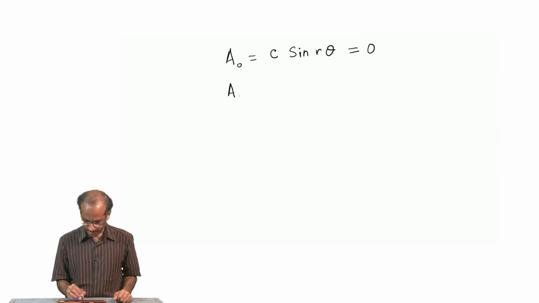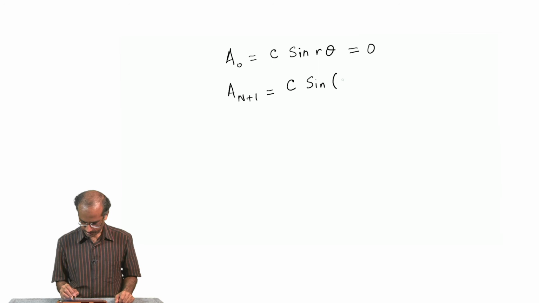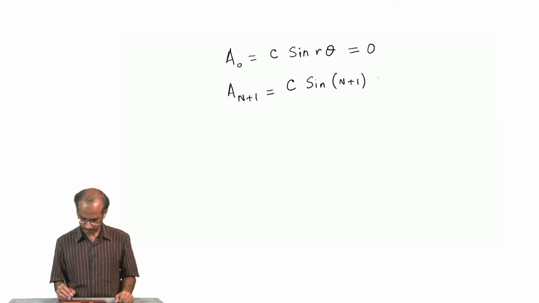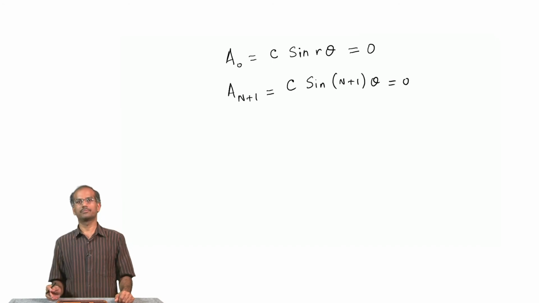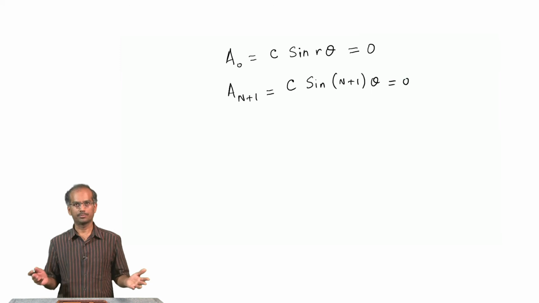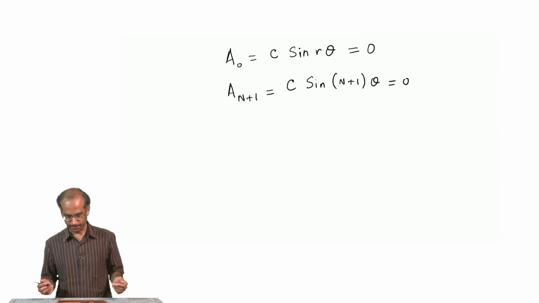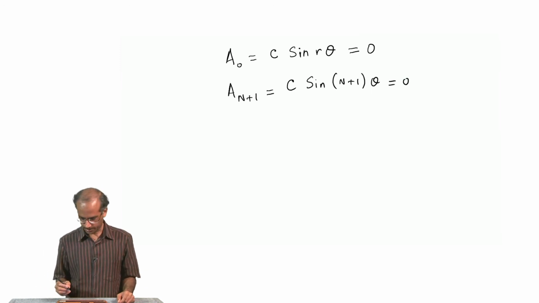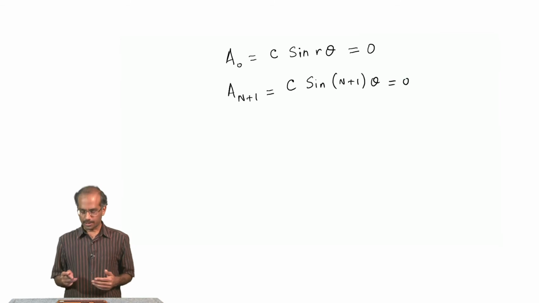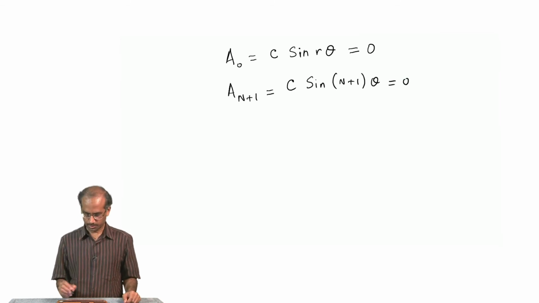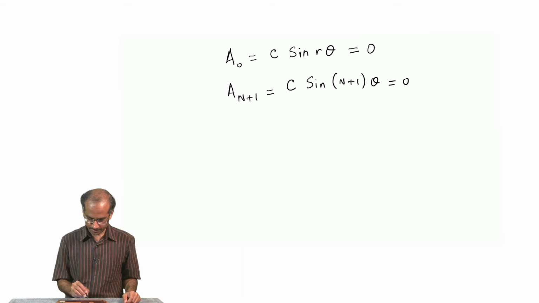And for A n plus 1, I could write it as c into sin n plus 1 into theta, and that is equal to 0. It is equal to 0 because the boundary condition dictates that A n plus 1 should be equal to 0. Now, under what condition would this be equal to 0? So, this will be equal to 0 provided